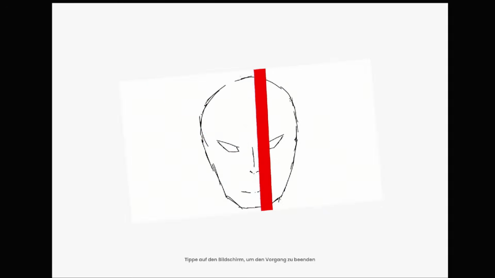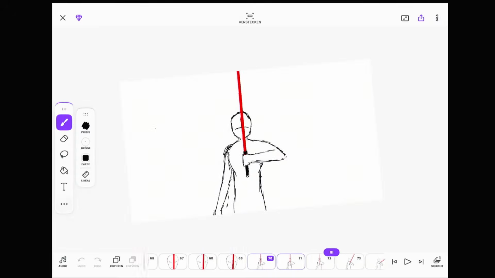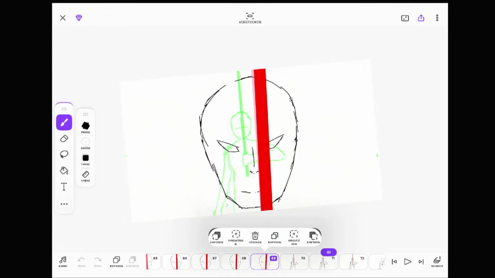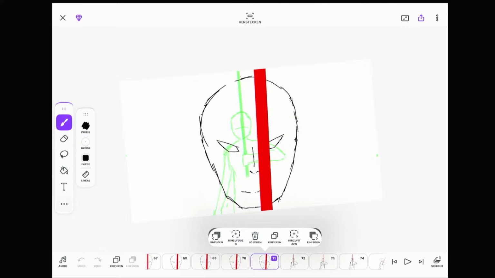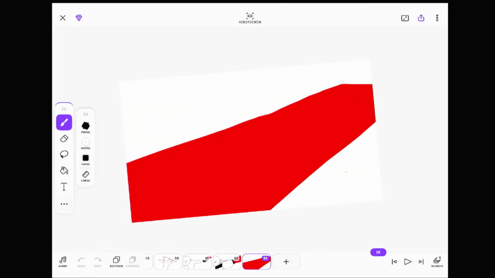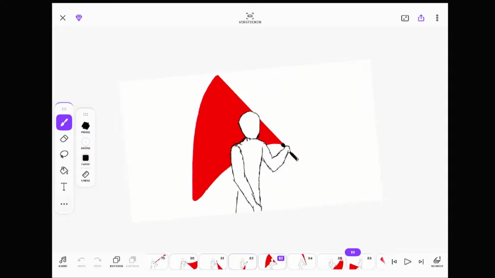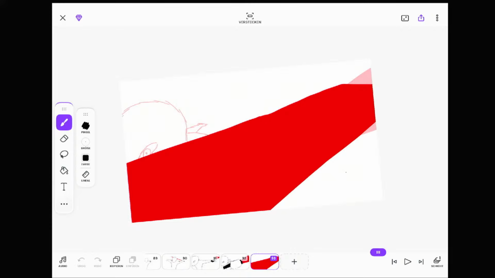Okay, I think the close-up looks good so far. Copy some frames right there, and I think the details for the close-up I will make later. Because now I want to focus more on the next scene.